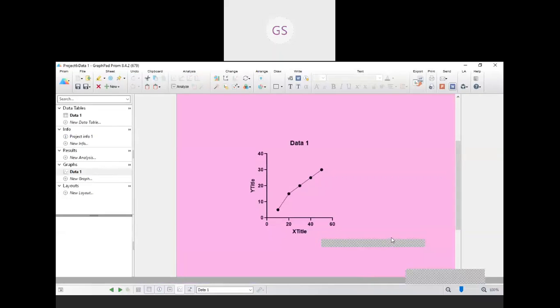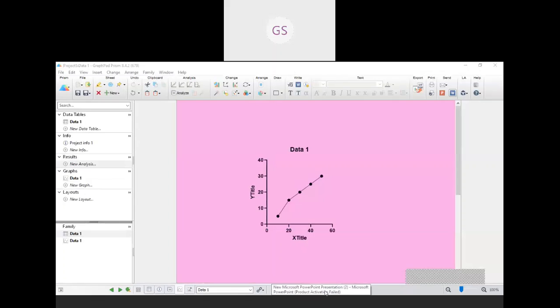If you click on the P symbol, your graph will automatically paste in your PowerPoint presentation. Means if you open the PowerPoint presentation, it will paste there. So through two things we can copy and paste our graph.